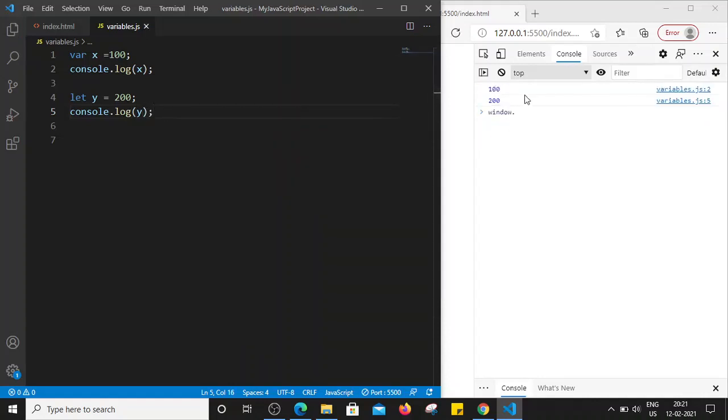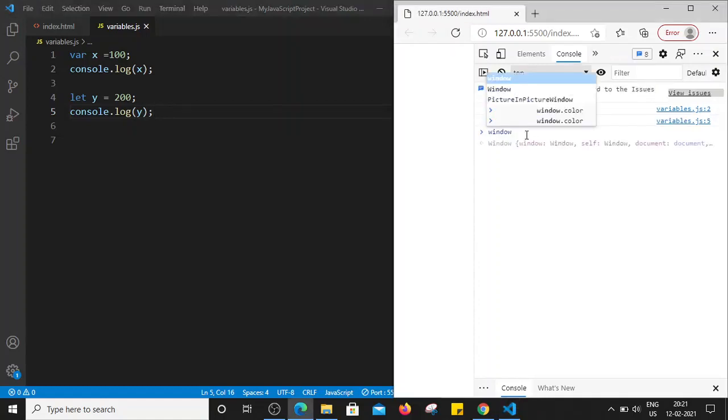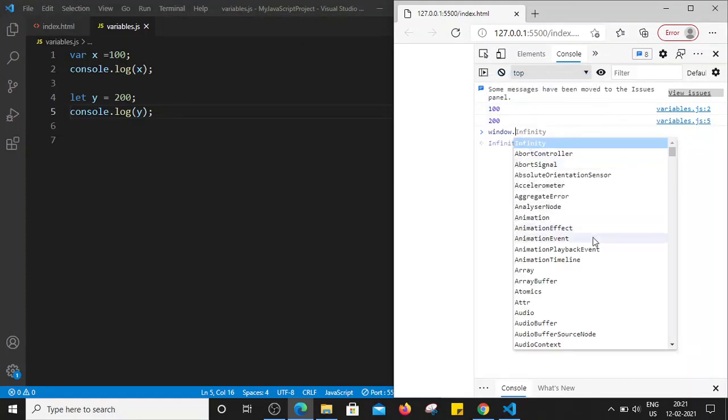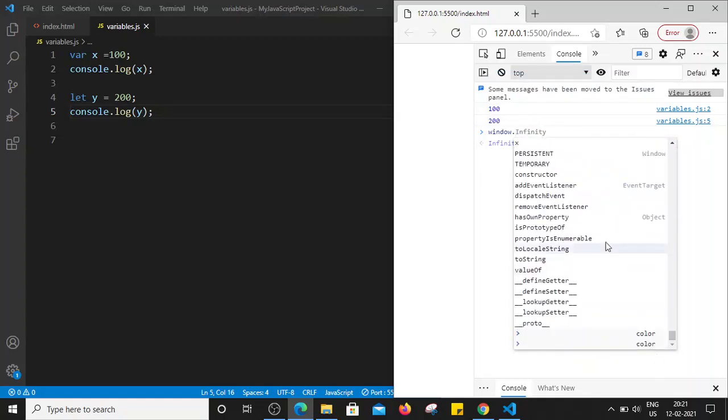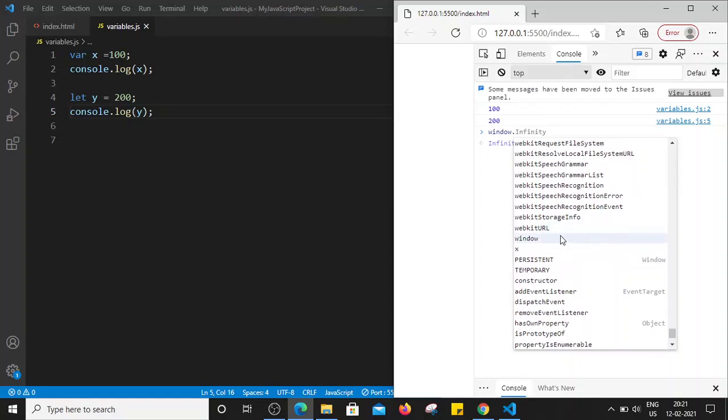The value got printed here. Correct. Now let's see whether the variable we have defined by using the let keyword becomes a property of the window object or not. Window dot y, do you see any y? I don't think there is any y, right? After x there is no y, right?